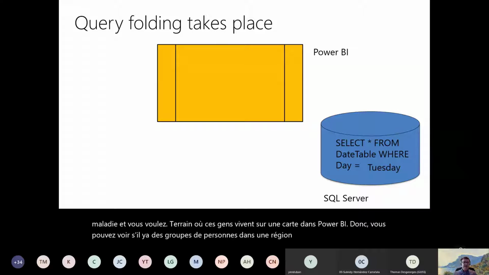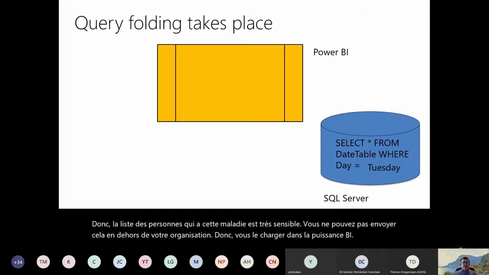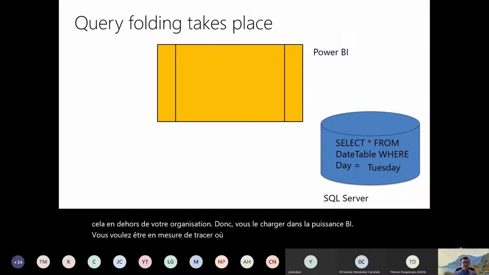So the list of people who have this disease is very sensitive. You cannot send that outside your organization. So you load it into Power BI. You want to be able to plot where they live on a map. So you connect to a web service that takes addresses and returns a latitude and longitude that you can plot